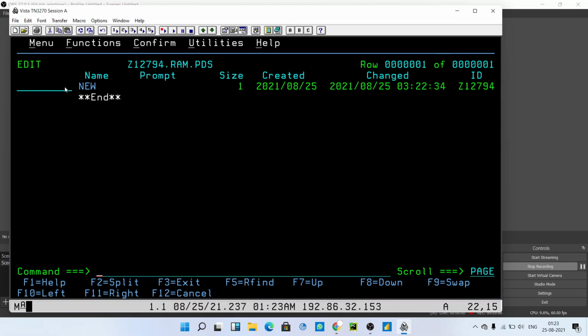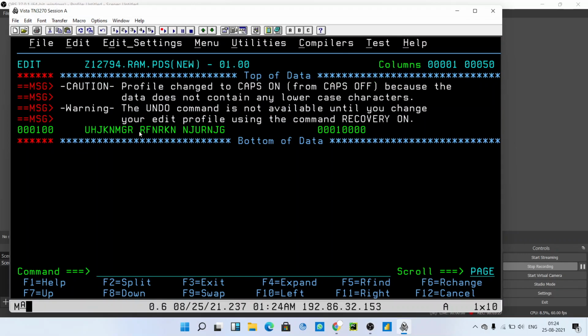Instead we can see the new member here, and we can open it in edit mode or view mode. So to open the new member in edit mode, just type E in front of it and open, and this is the data that we have written into this file.